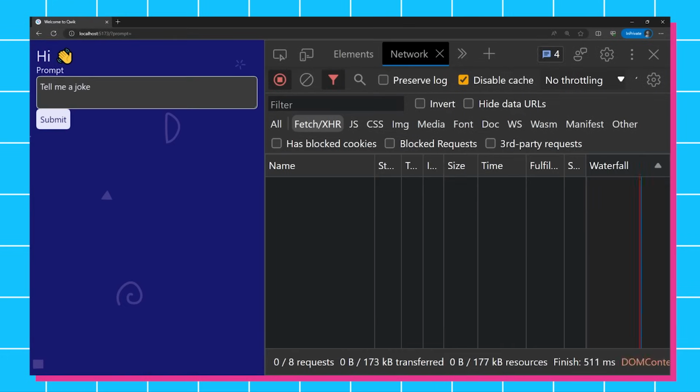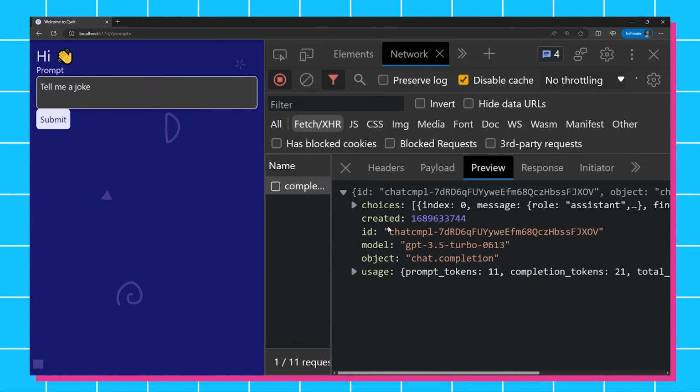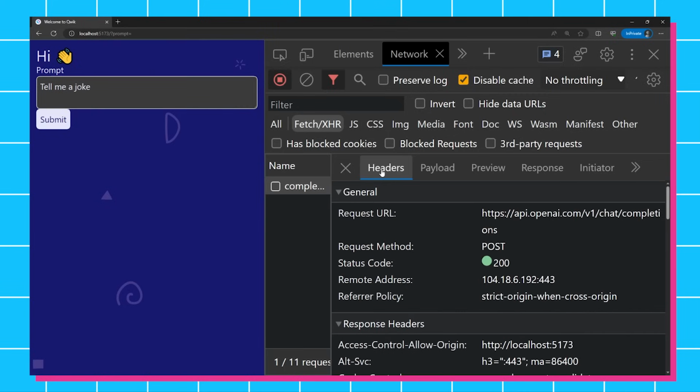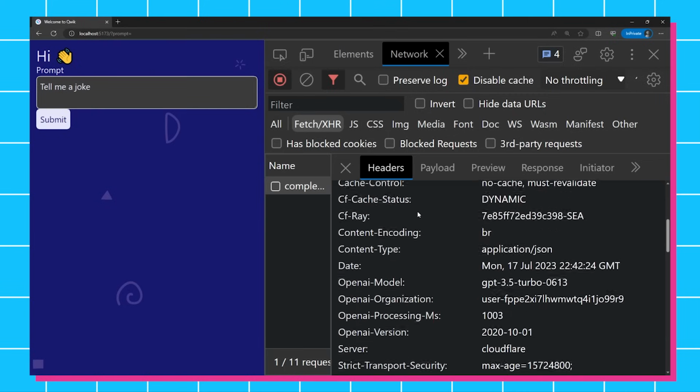Okay, let's see if we just have this naive approach sort of working. We submit, we get the API request, we get the response. Excellent. Now, there's just one kind of big problem with this approach so far, and if you have been building applications, you may be aware of it, and that is that if we ship this application as it is right now, anyone with just a little bit of tech savviness can open up their dev tools, open the network tab, and look at the headers for the requests that are being sent, and they can examine some of these headers,